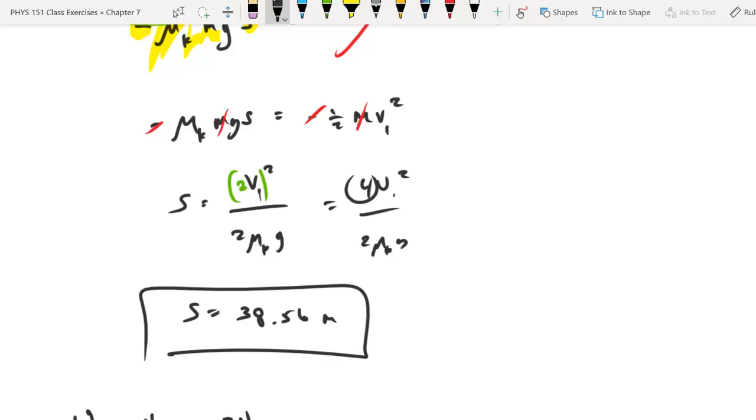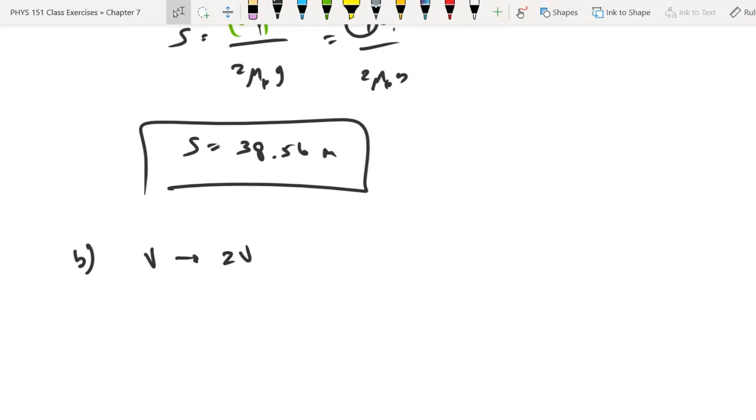So if the speed goes to twice the speed, then the distance goes to 4 times the distance. And so for part B, my displacement here is going to be 4 times 38.56, whatever, that's like 154 meters. Okay, so